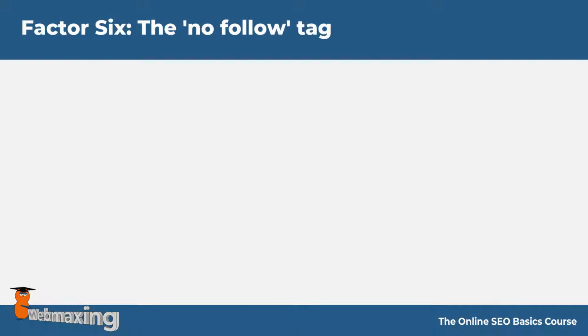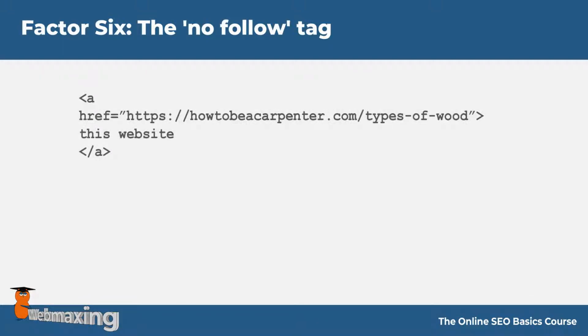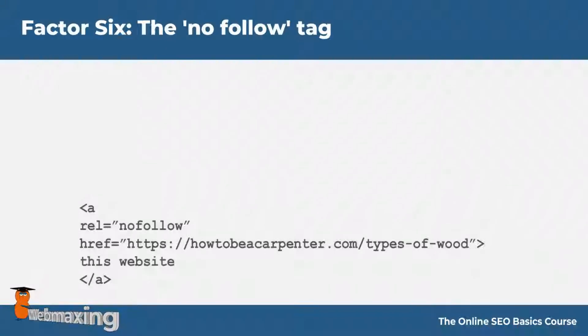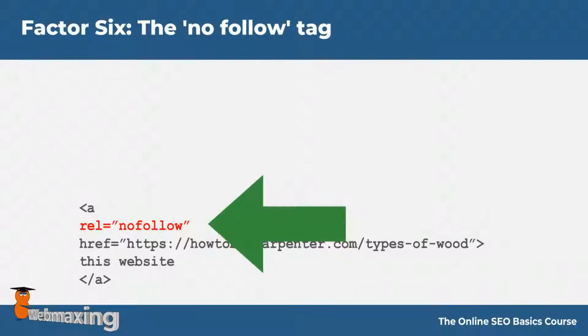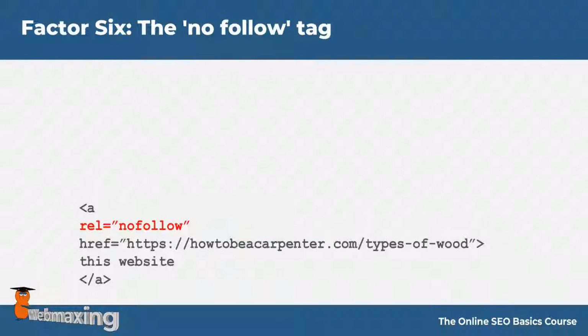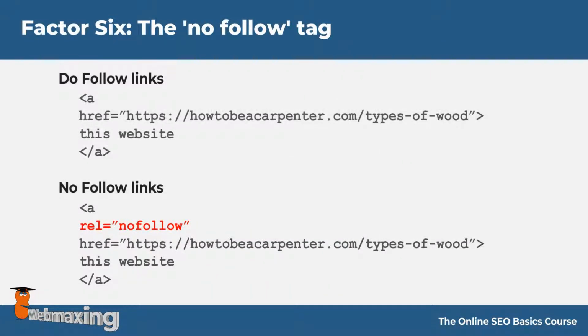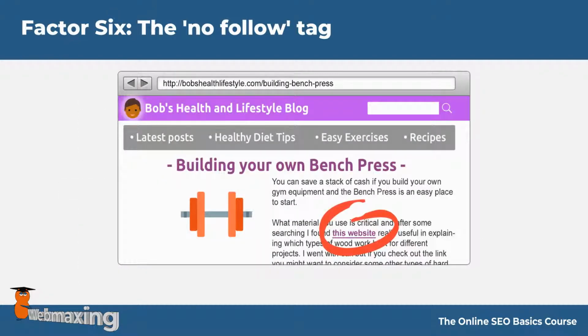Factor 6. The no-follow link. Any webmaster can choose who they're going to pass link juice onto, and who they aren't. Bob's link to our sample website in code form might look like this, but if he changed it to this, then by adding no follow into the code of the link, he is telling search engines not to let link juice flow that way. The first type of link is called do follow, while the second, for obvious reasons, is called no follow. So just because you see a link to your website on a highly respectable website and all you want to do is party,